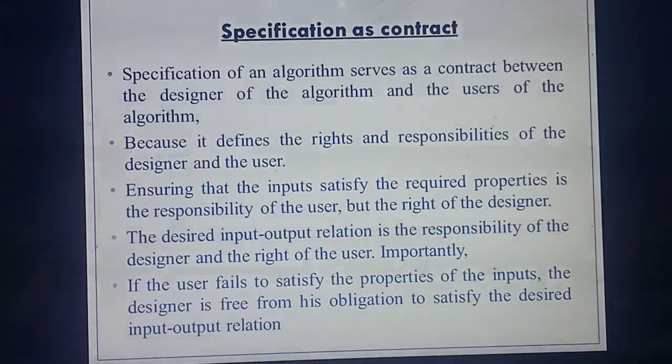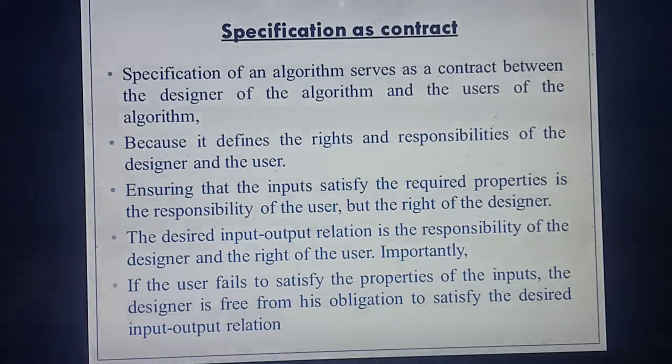Okay, so the user has the rights, or the person who is building the house, isn't it? The person who wishes to build the house has the rights to say all his wishes regarding his house, isn't it? That means requirements. My house may be like this. So that's the responsibility or rights of the user or the owner of the house, isn't it?